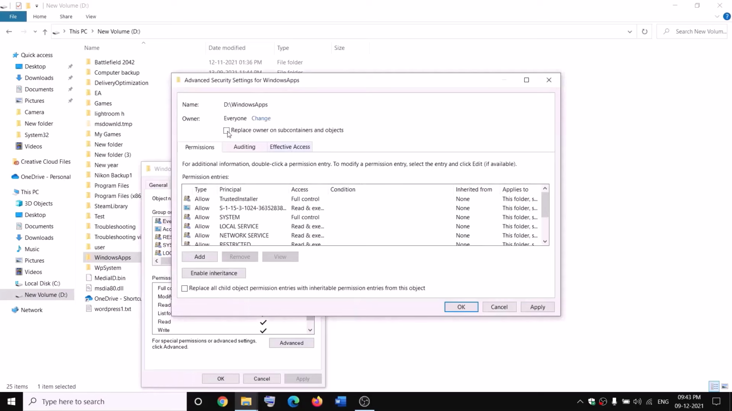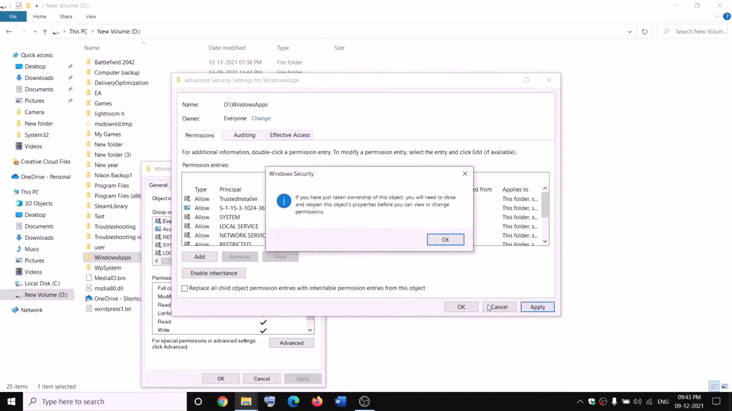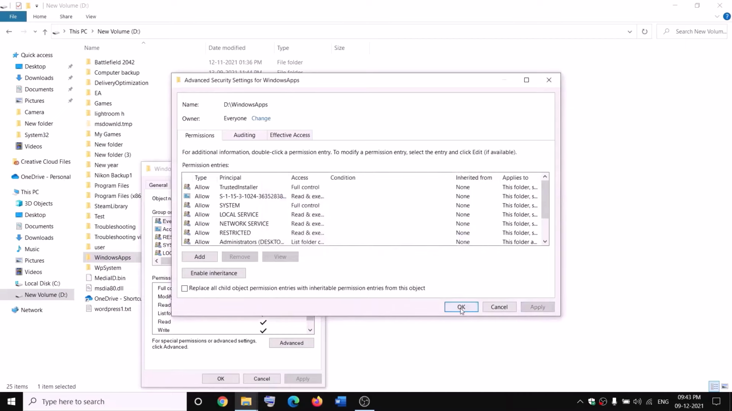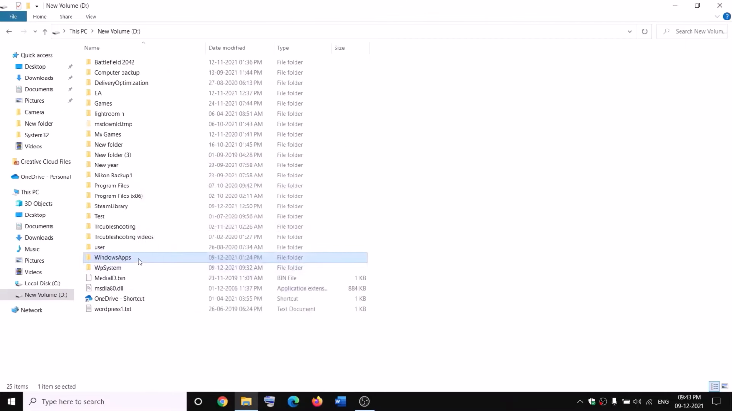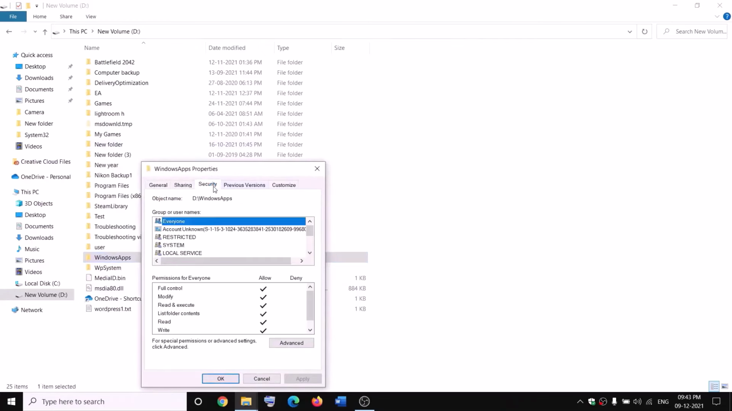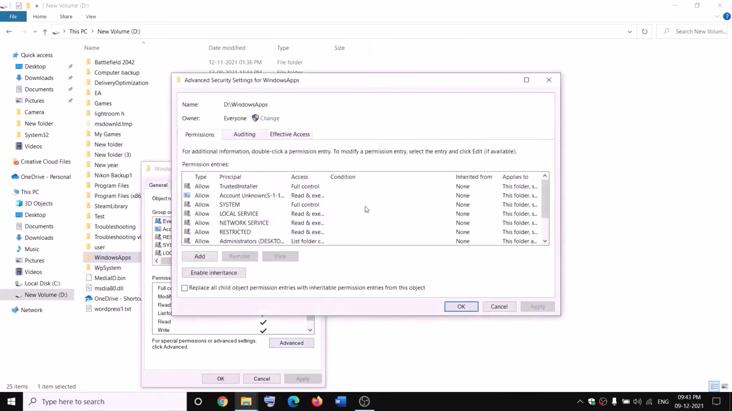Now put a check on the box which says replace owner on subcontainers and objects and then click on apply. OK, OK, again OK. Again make a right click on Windows apps, select properties, security tab, advanced, and this time